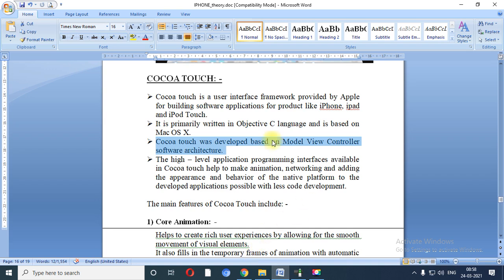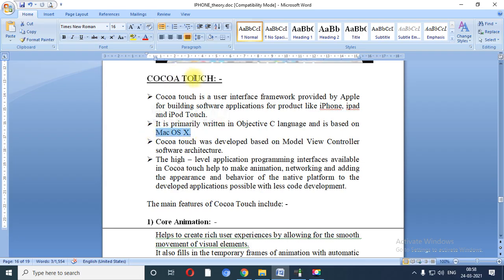Cocoa Touch is a kind of interface framework provided by Apple, using which you are able to create products related with the iPhone, iPad and iPod.